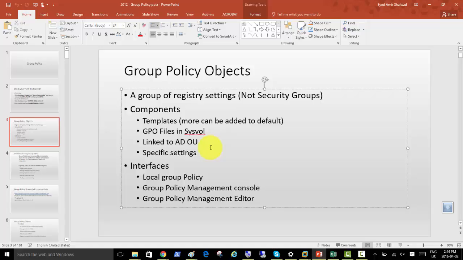With those we can make changes in Adobe Acrobat Reader or any Adobe product. Suppose you want it not to open in the browser, or not to connect to the internet, or to support automatic updates. You can change those features if you add those ADMX templates,